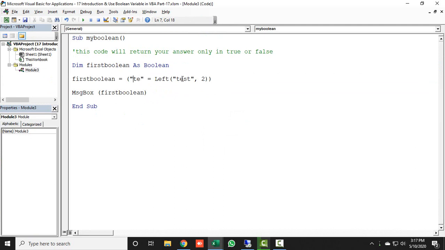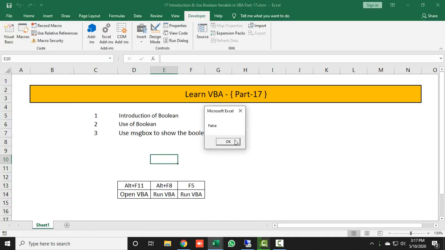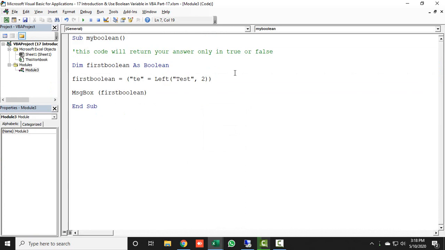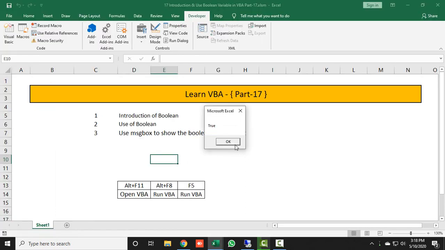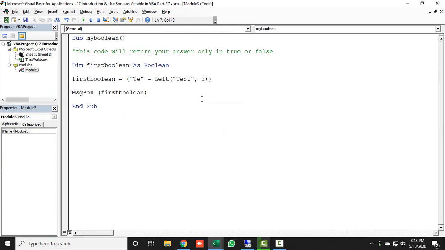Alright, if I change the case, then it will return false. Let's say I'm taking small t in place of capital T. See, it is false. And if I place capital T here, then it will return true. So this is also a case sensitive mechanism which can make the difference between case sensitive or not.